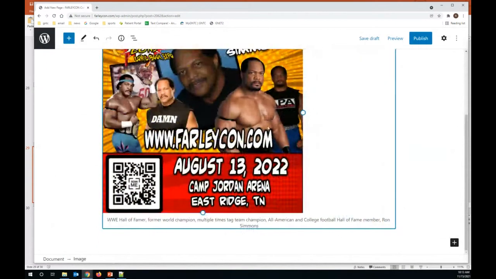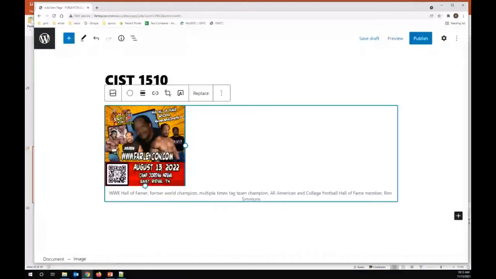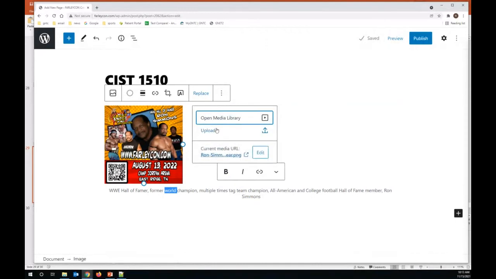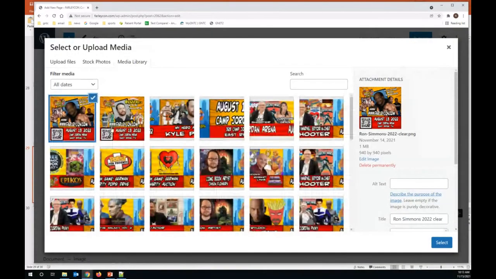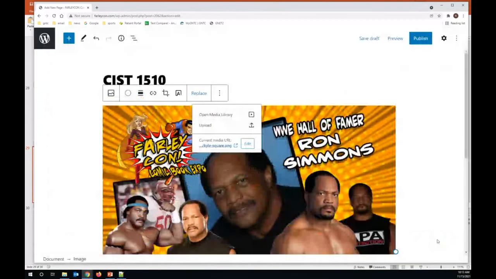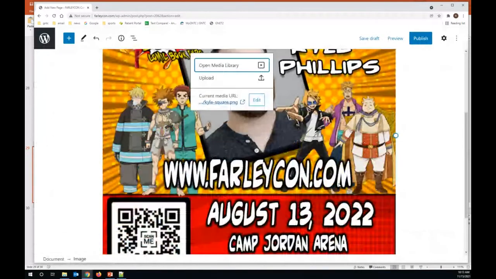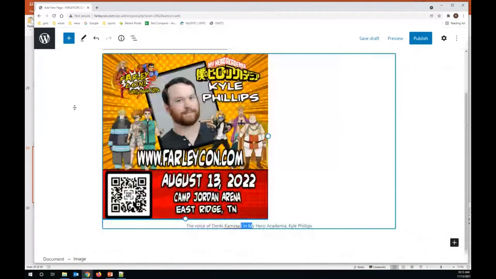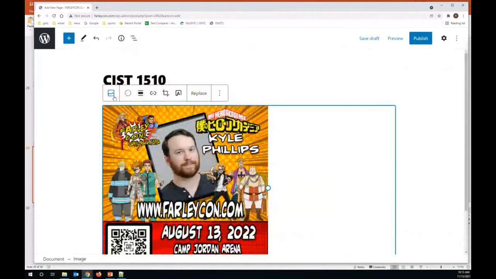I can still resize the image as needed, change the caption. If I need to replace the image, I can choose a different image and replace the image as well. Now I do have options that's going to apply to the image for editing. I can add a link to the image,